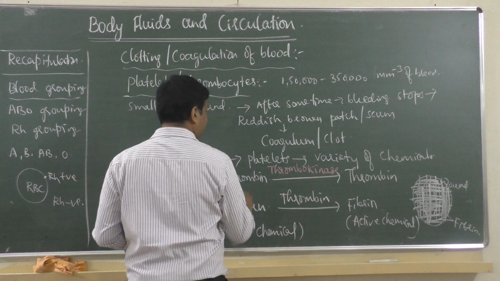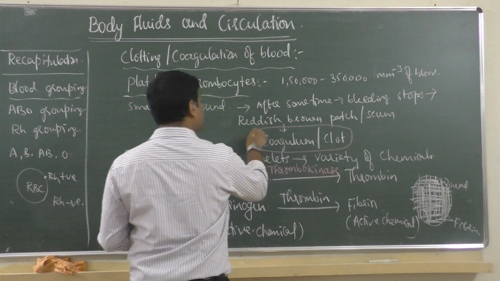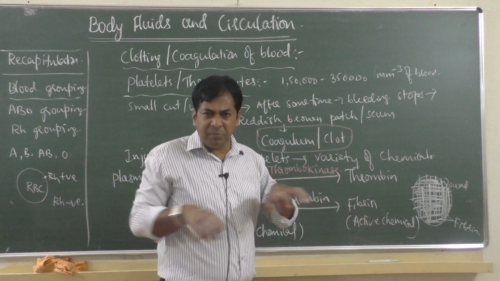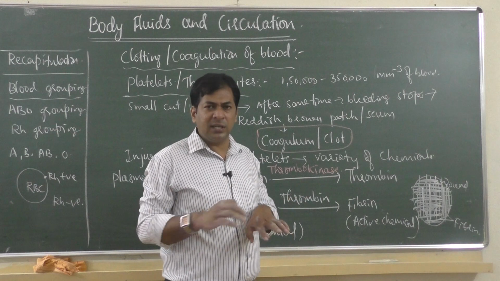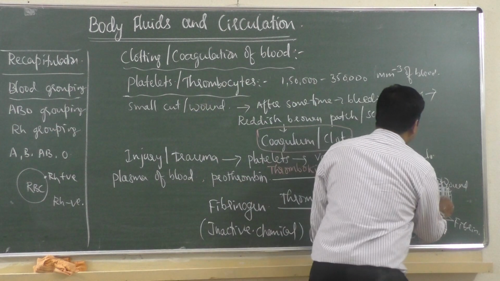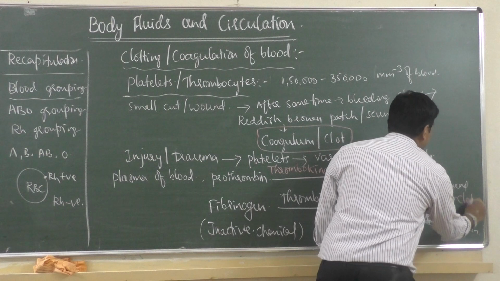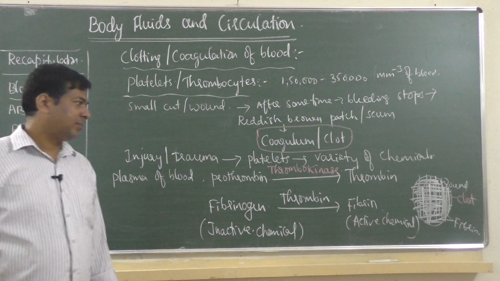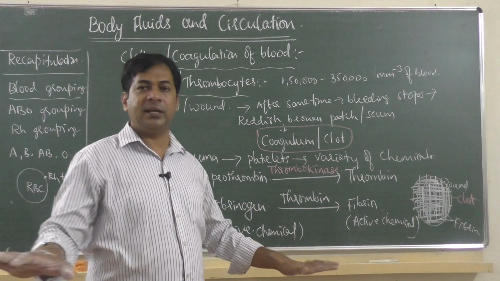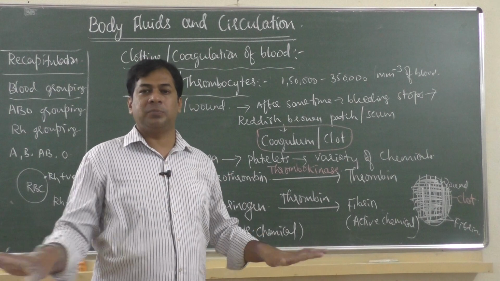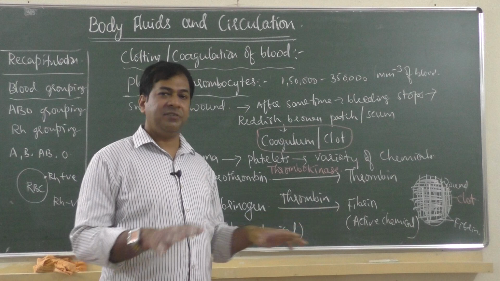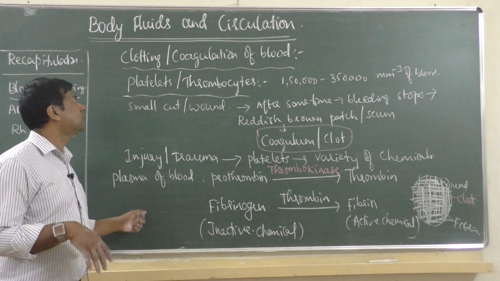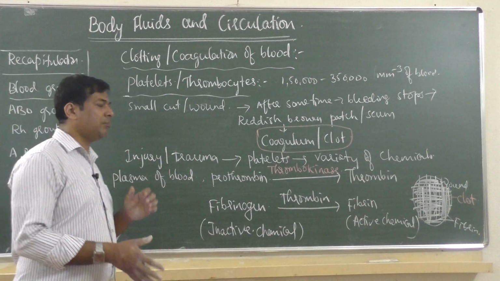You see here I have written, it is called coagulum or clot. Wherever fibrin is produced, the fibrin threads are produced in large numbers, one over the other, and then they block that area, and that area is called a clot or coagulum. By producing this active fibrin, it blocks the wound area so that bleeding stops, because the fibrin threads block the flow of blood. This is how coagulation or clotting of blood happens.